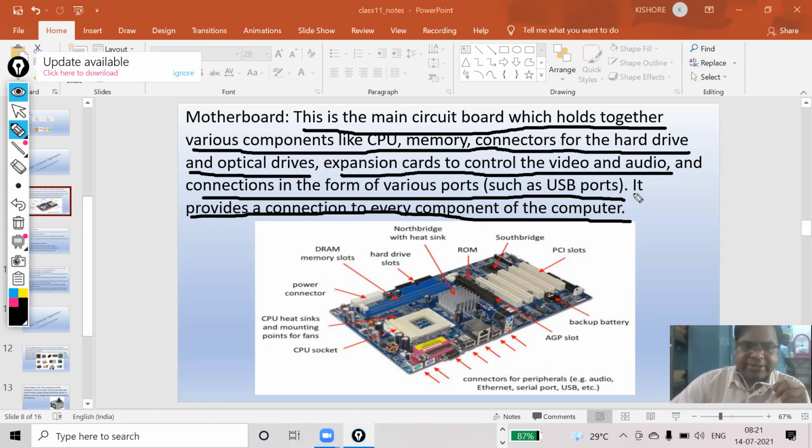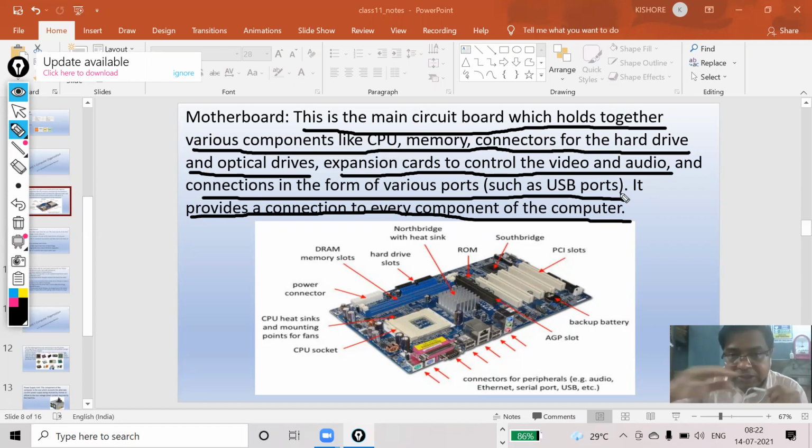I already said that whatever new device you are going to attach, it must be attached via this motherboard, because at the back side of the motherboard you will get the slots. You have the VGA slots, you have USB, audio support. There are different ports available over there. Via these you can connect.